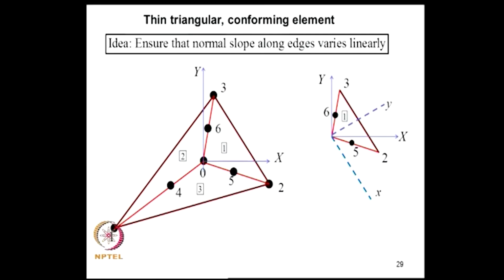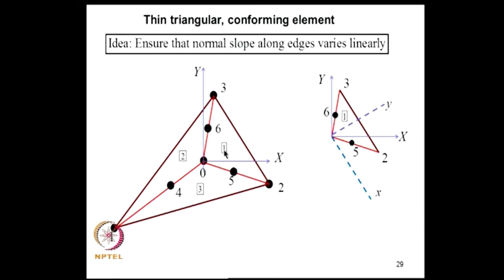Now, the idea here is the way we develop this is we will ensure that normal slope along the edges vary linearly. It was the normal slope along the edge which was not satisfying the required continuity conditions in the earlier model. So, we want to address that by doing this. So, what we do is we consider this triangle element 1, 2, 3, then introduce another node within the element at the centroid for example, and construct 3 elements. So, if you consider element 1,